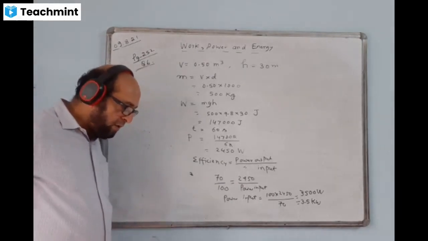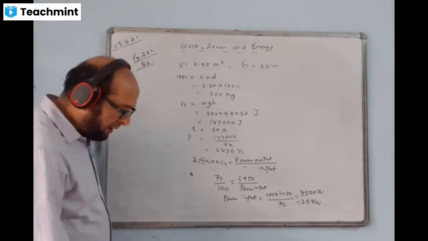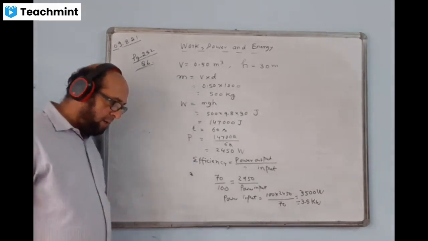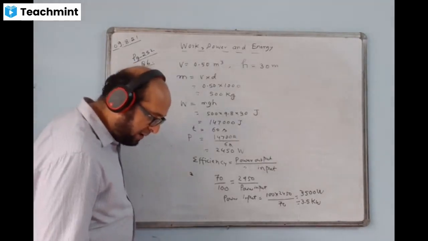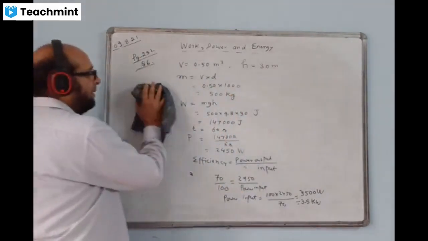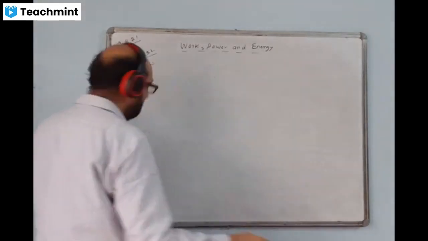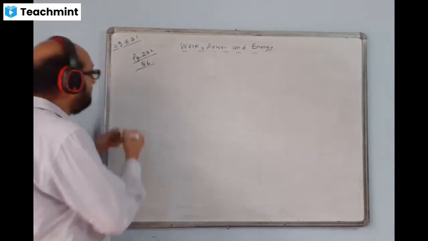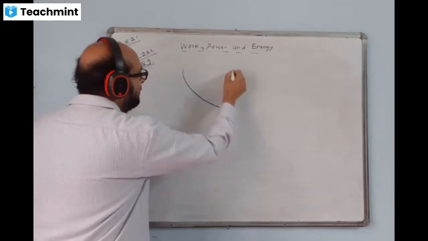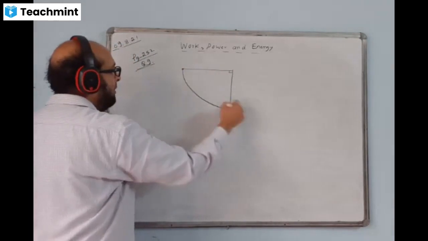Question is: a body of mass 0.5 kg starts from rest and slides vertically down a curved track which is in the shape of one quadrant of a circle of radius 1 meter. At the bottom of the track, the speed of the body is 3 meters per second. What is the work done by friction? Can you do it? This is question number 9. They're saying there is a track in the form of a quadrant of a circle, like this.